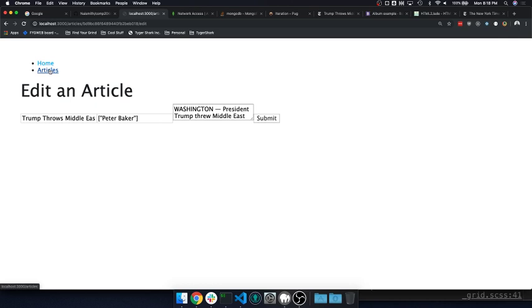So now what is actually preferable to do is to make it so that both the creation and the editing of an article is using the same page. Again, that way you get the benefits of just modifying one file without having to modify two separate files. So how I'm going to do this